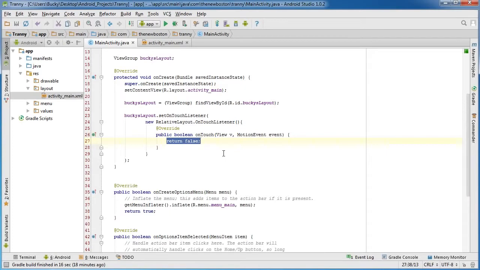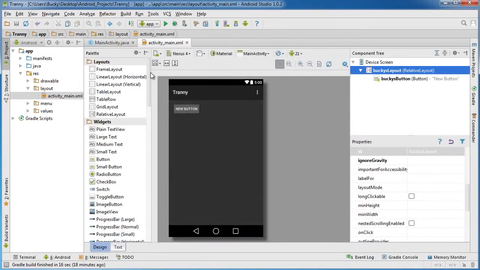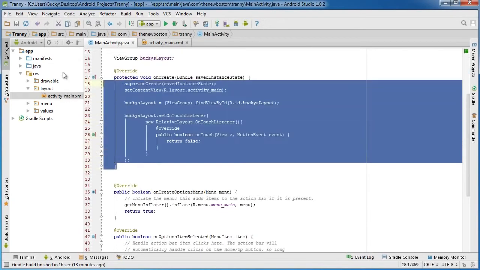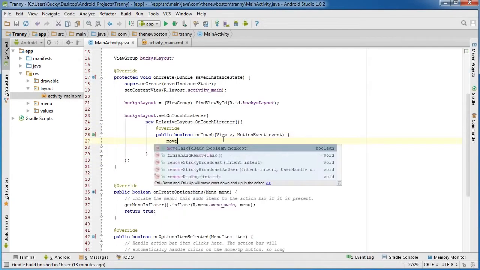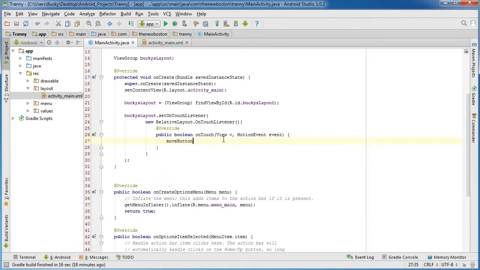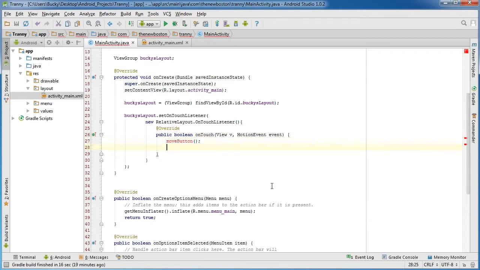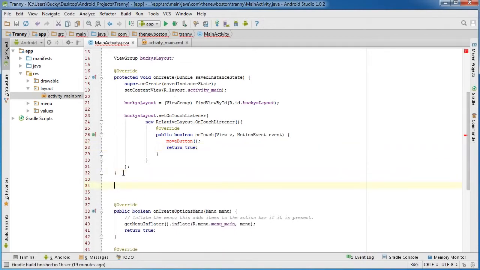Now within this method, we're going to be writing quite a bit of code. It's actually not quite a bit, it's like 10 lines maybe, but the code's going to be responsible for moving this button. Now since this is already getting pretty cluttered and way indented, I'm going to send this over to a new method called moveButton, and we're going to be making this right below there. But before we do, make sure to return true to let your app know that, okay, we handled that touch event. So now, just for the sake of cleaning everything up, let's go ahead and make that,